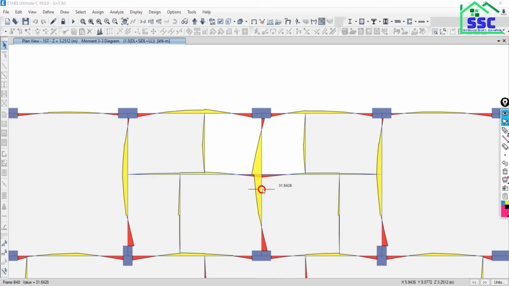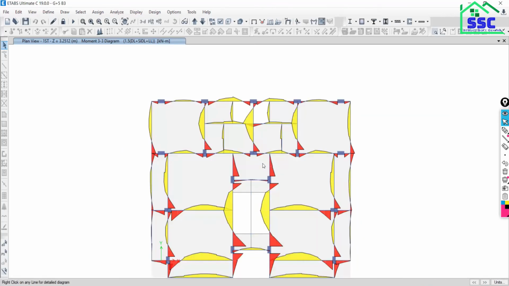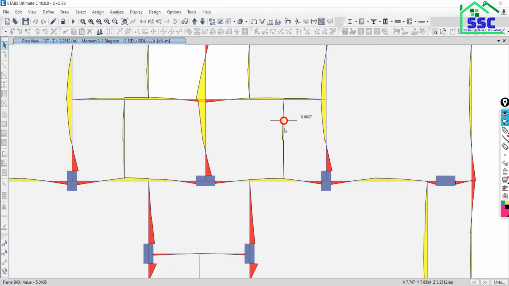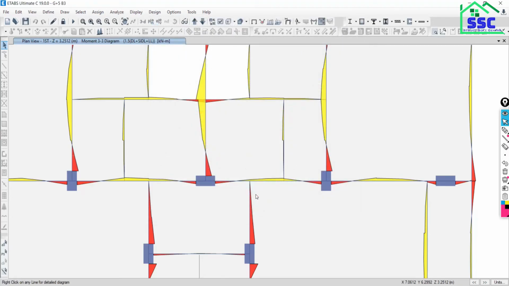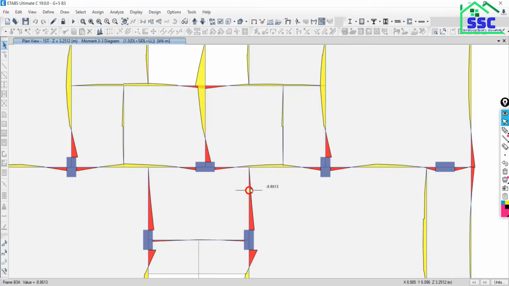Okay, so this is all the bending moment diagram. This is a secondary beam. Just right click over this and left click. On the left side no moment, on the right side no moment. Okay, good. So this is a secondary beam. So this is the propped cantilever beam. At this end there will be zero moment. At the support there will be the maximum moment.